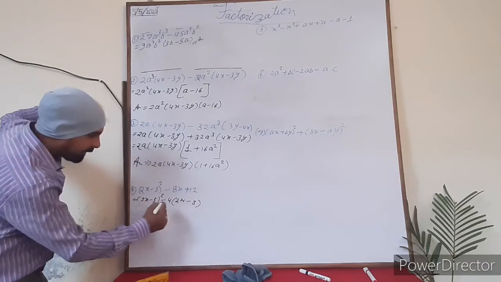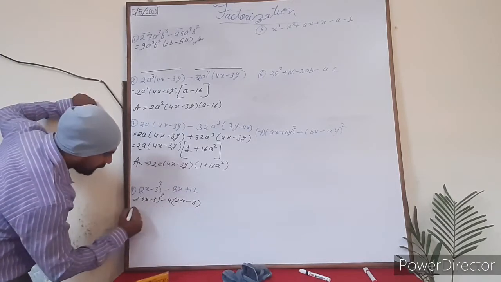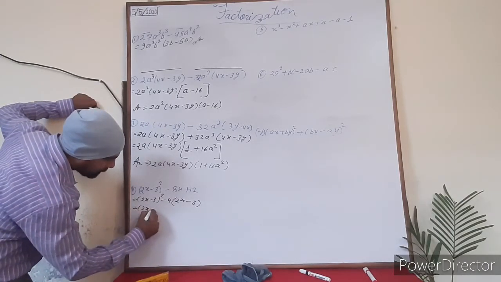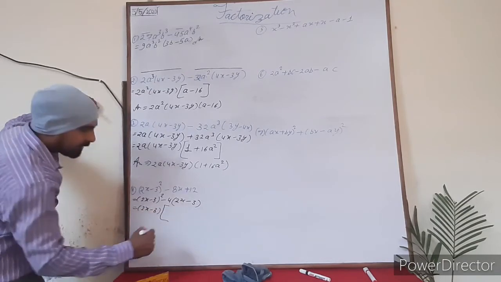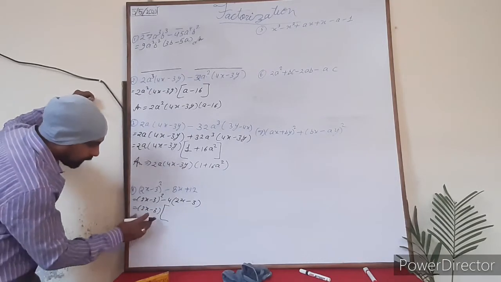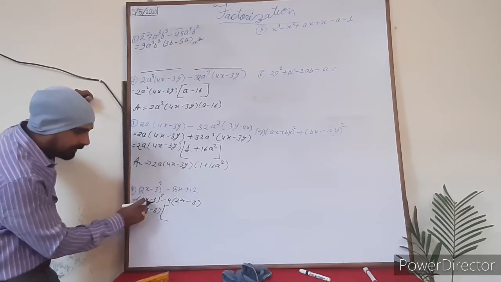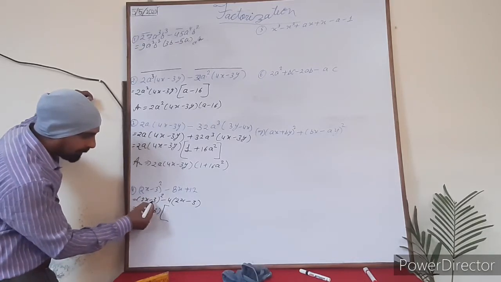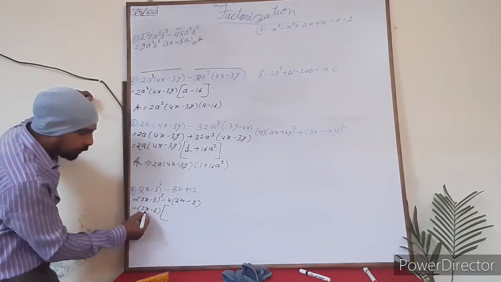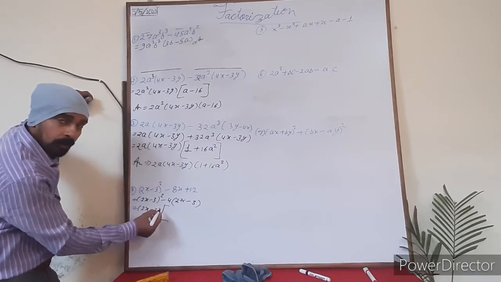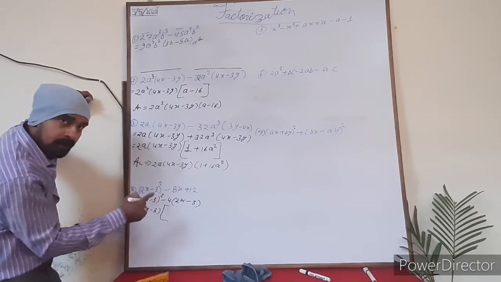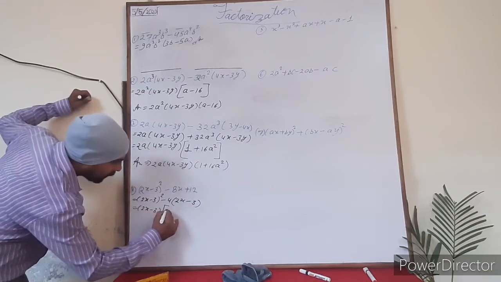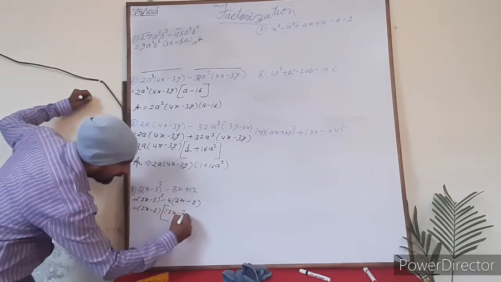So now what is common in these two? 2x minus 3 is common in these two. So that will be 2x minus 3 as common. Directly the big bracket will be applied. Now when this 2x minus 3 divides this one, in the case of division the power will be subtracted. Of course this is 2x minus 3 to the power 2 and this is 2x minus 3 to the power 1. So in case of division 2 minus 1, it means 1 will be here. So what is left inside the bracket? 2x minus 3 is left.